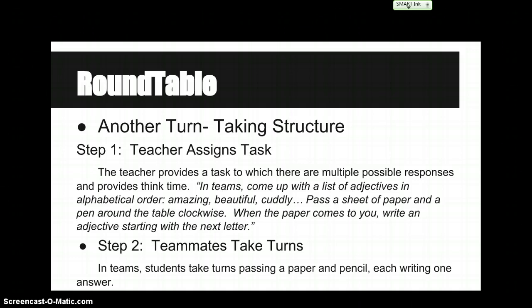Amazing. Well, I have a nice example. Okay. So then you get the idea. You pass it around, one pencil. Now,